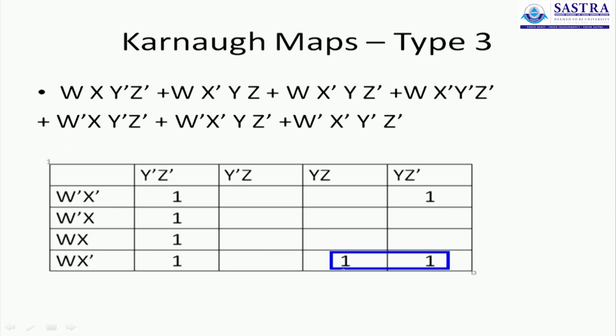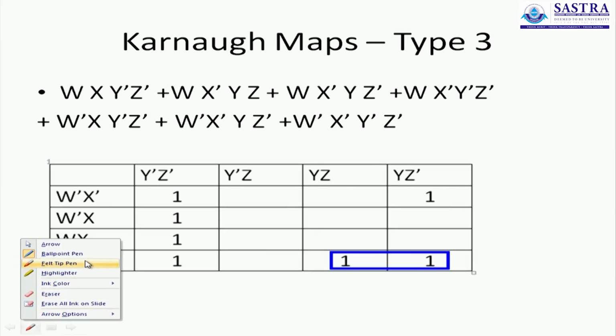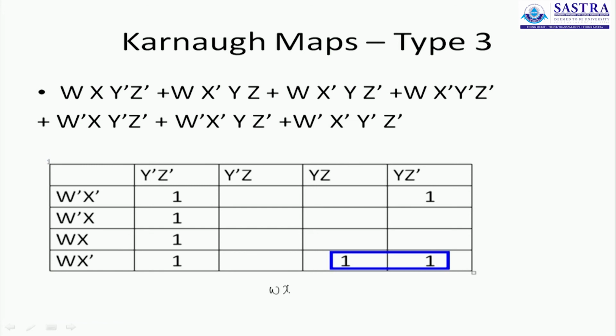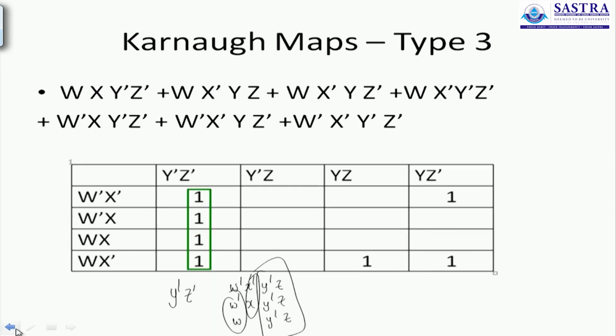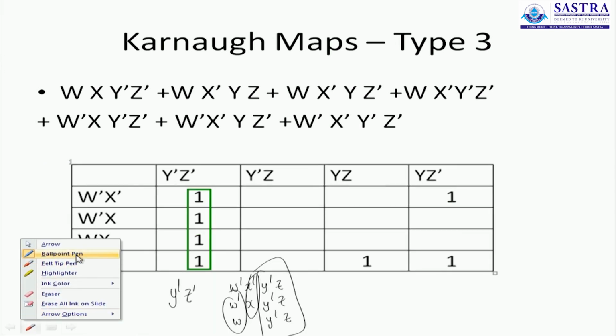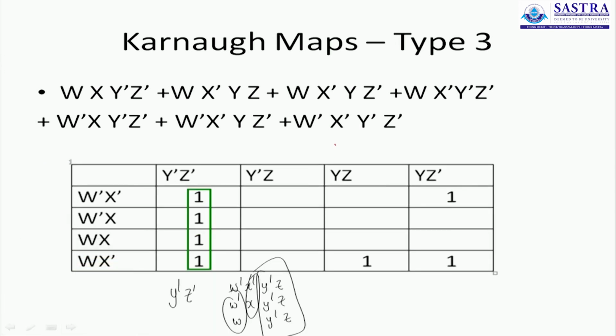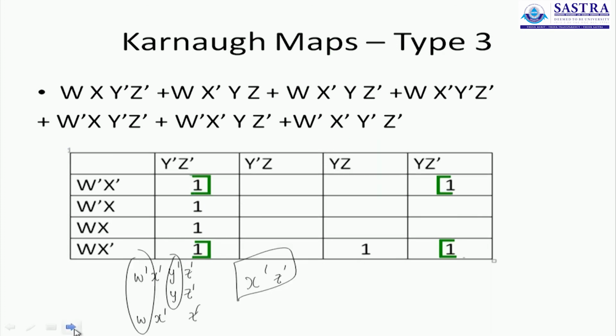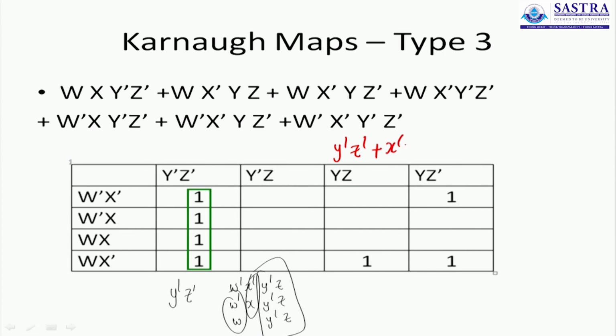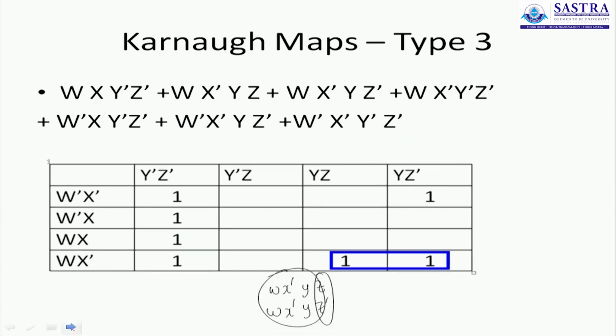And the last one, when I group only these two, I will have w, x bar, y, z and w, x bar, y, z bar. So z is what is not common, so these 2 terms will be together. So the reduced form of this polynomial will have only 3 terms, and they are a nice pattern. You will have a y bar z in the answer, and you will have an x bar z bar in the answer. The last term, which is a 2 loop, will be w, x bar, y.